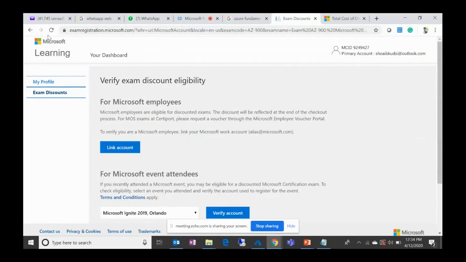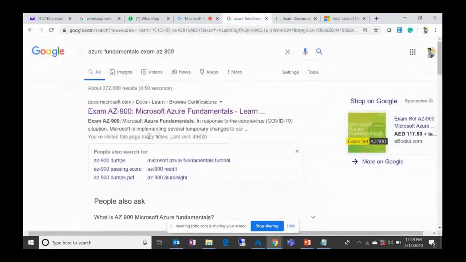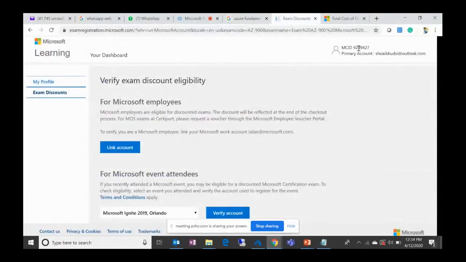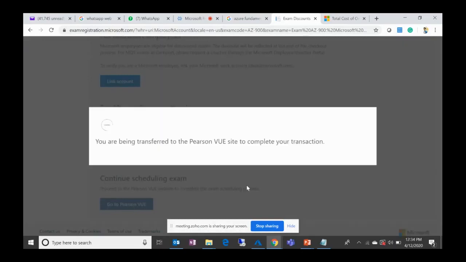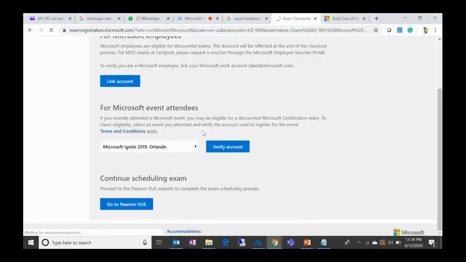Okay, guys. So once again, I'll go to Azure Fundamentals exam. I'll click on this link. Once I click on this link, it will ask you to log in with your Azure MCID. The MCID will be that if you have given any Azure exam before, you will have this MCID. So I will go to the Pearson VUE, and once I click on Pearson VUE,